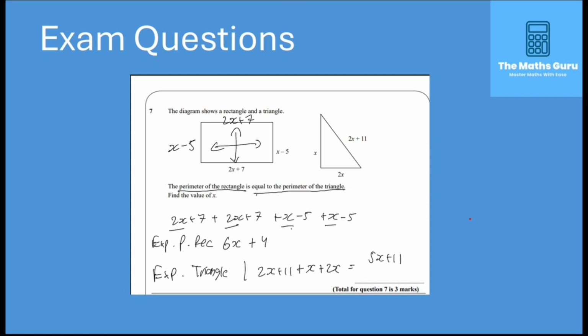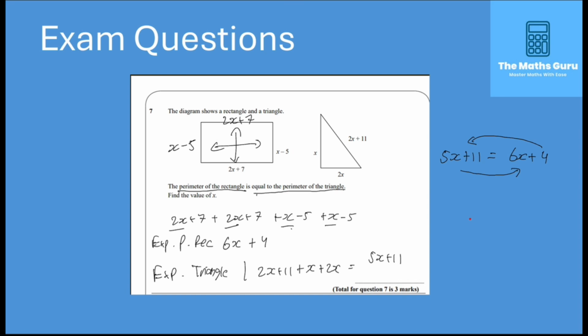We then equate them both. We go 5x plus 11 is equal to 6x plus 4. Then what we want to do is we want to get the numbers on the same side, and we want to get the letters on the same side of the equation. The way we're going to do this is by moving the 5x onto this side and the 4 onto this